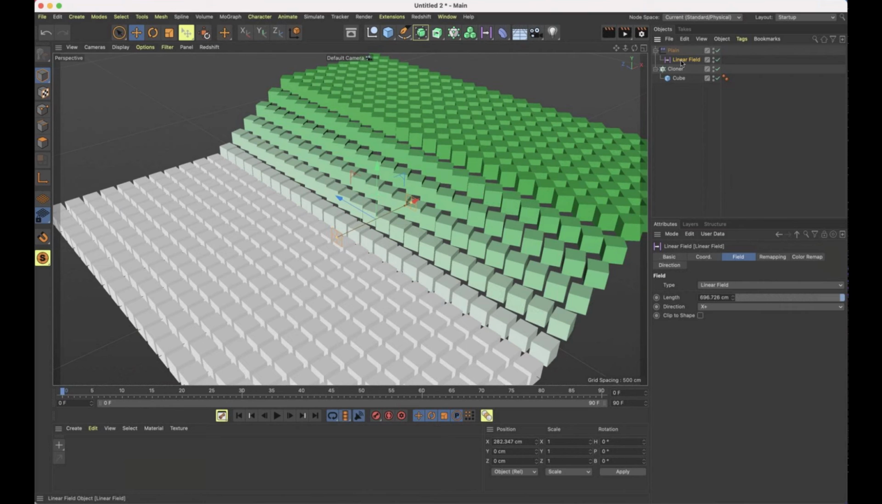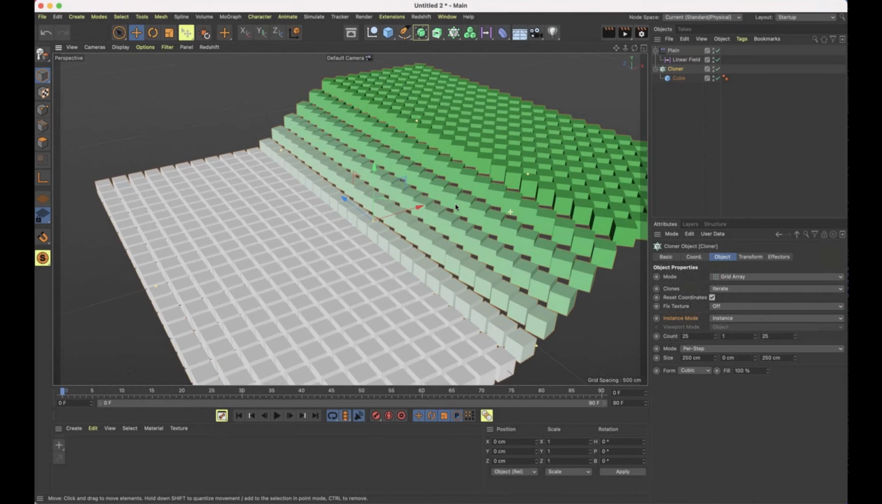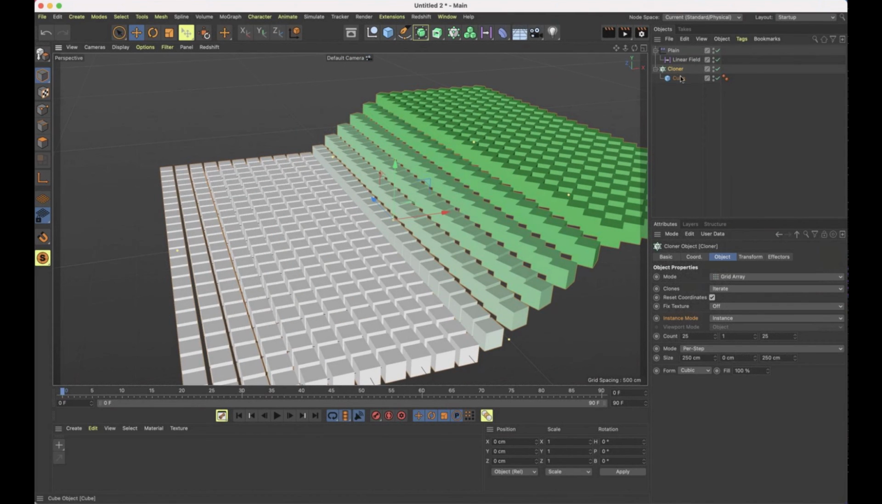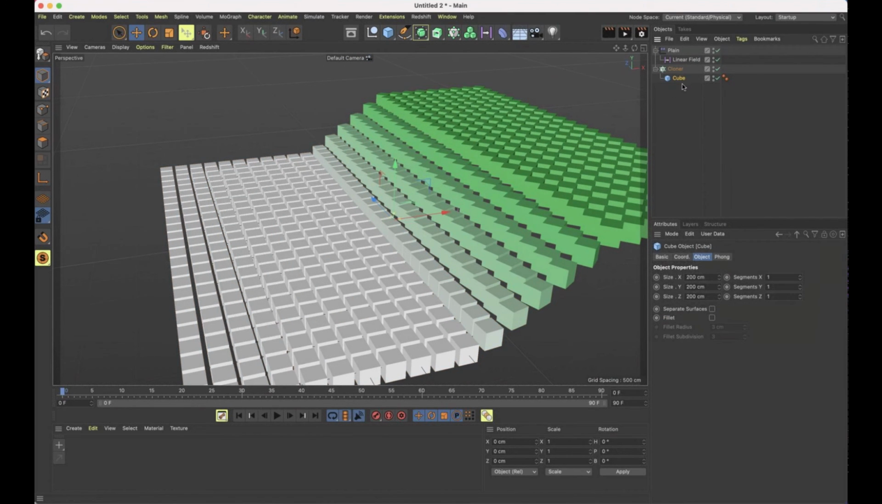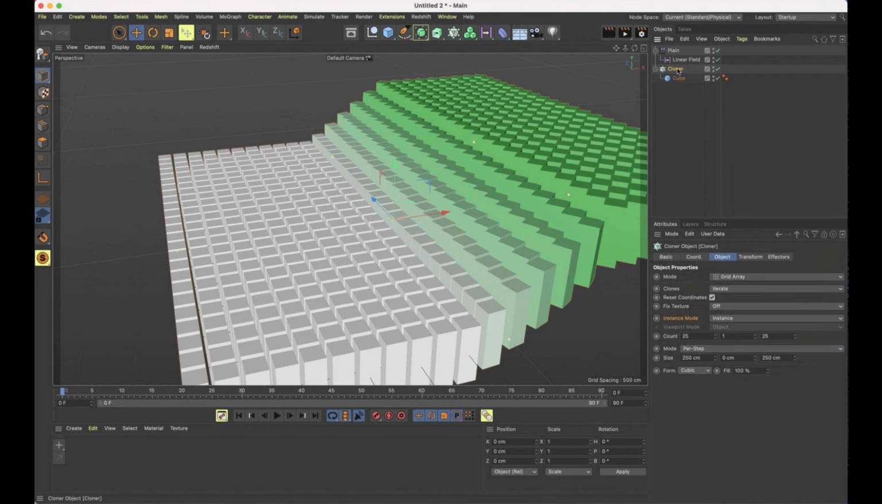So let's have a look. There are three things that we have. We have the cloner, and this controls the clones themselves. Actually, we've got four things. We've got the object being cloned. So if I want to change the size of the cube, I can do that with my cube. So let's make my cube taller. Fine. If I want to choose the way it's being cloned, then I use my cloner,